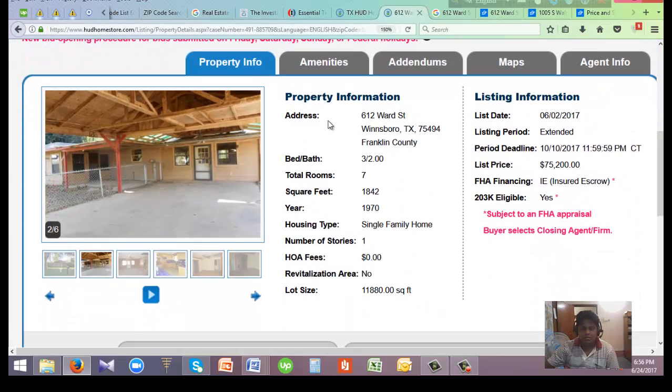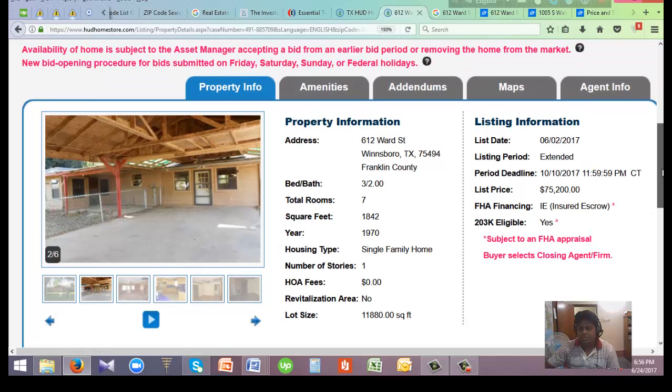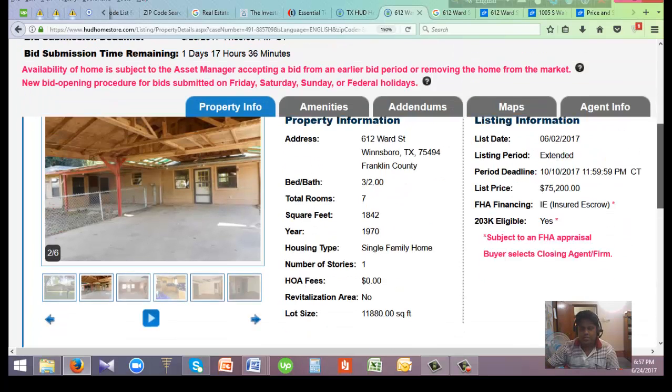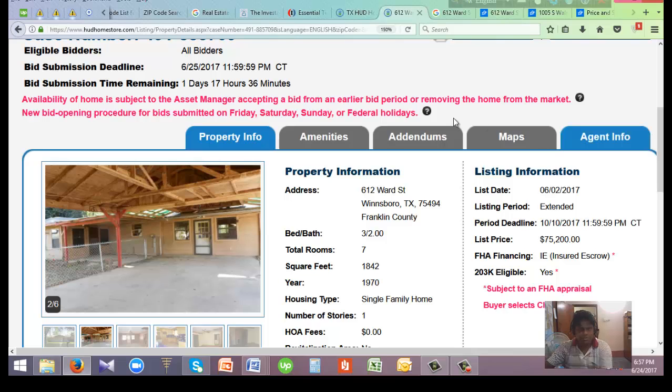All the information is here: address, bed, bath, total rooms is 7, square footage, and listed date. The list period was extended, which is very positive for bidding for the investors. The period deadline is here, and we can get some more information from this